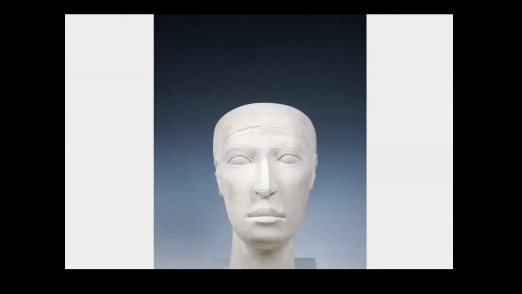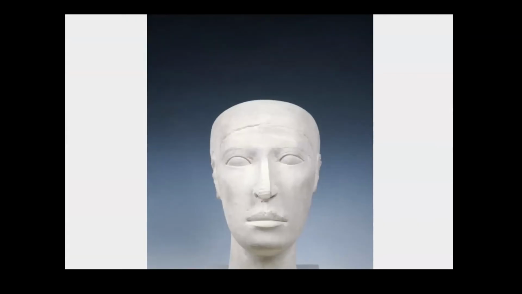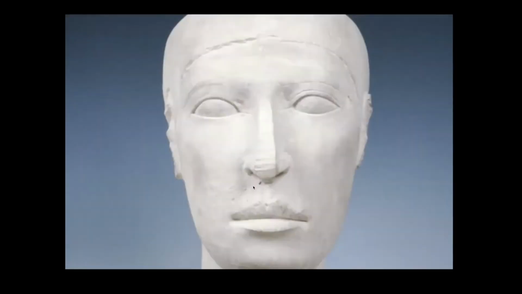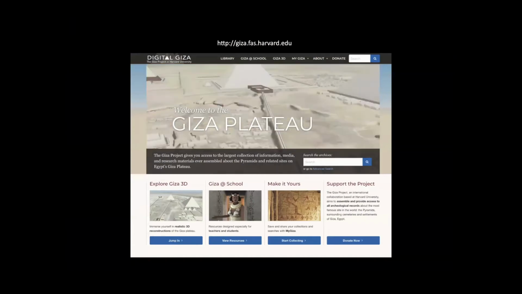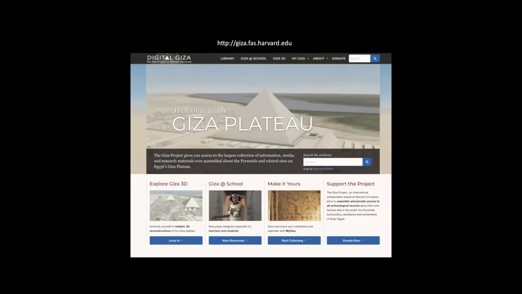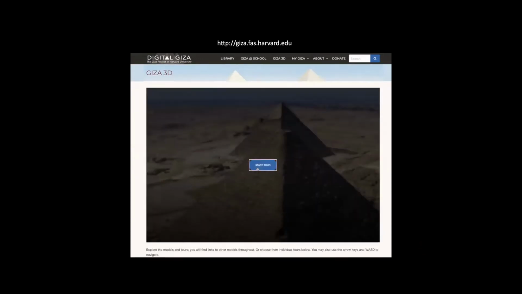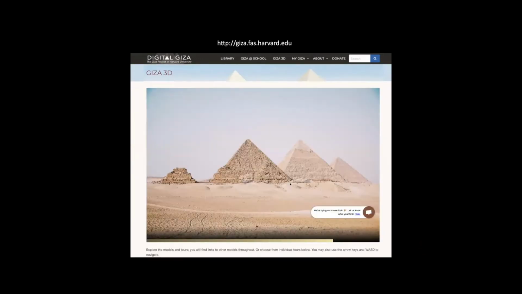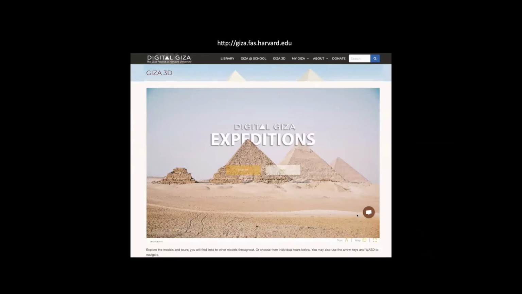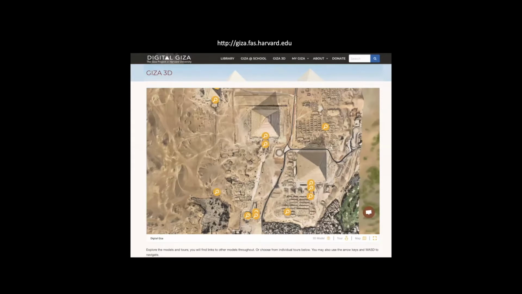Working okay? Great. Okay. So just a quick demo of the scholarly side of searching for a single tomb, or a single object. And then the more popular side, in recent years, we've tried to move into the 3D modeling aspect. So the button in the lower left, Explore Giza 3D, brings you to a 3D model of the site made with drone photography. And from here, we're trying to get every single tomb to be a rollover button that you can fly over and choose.